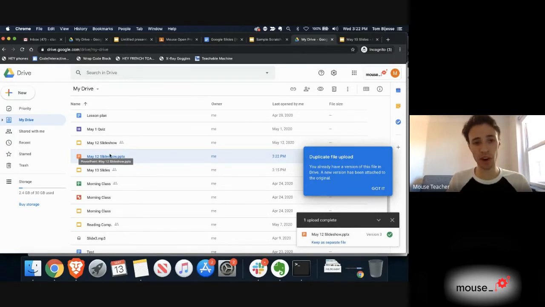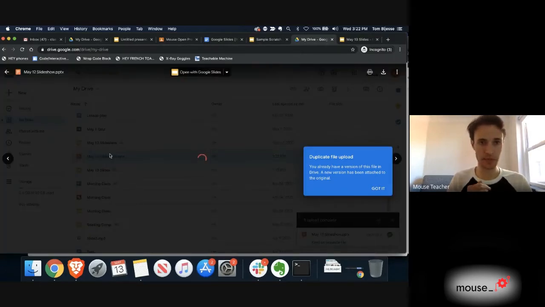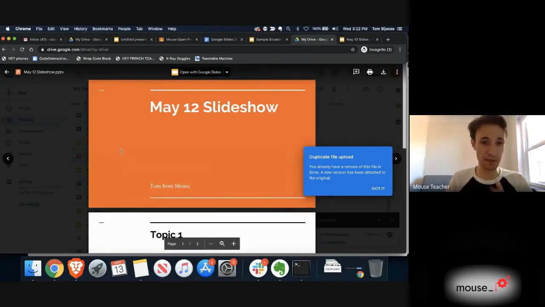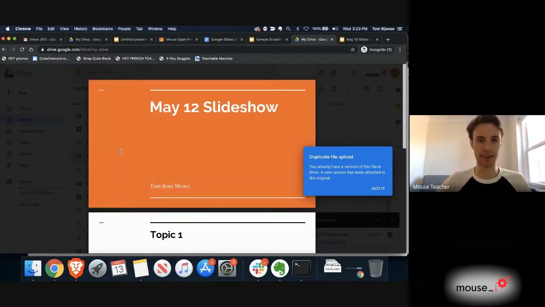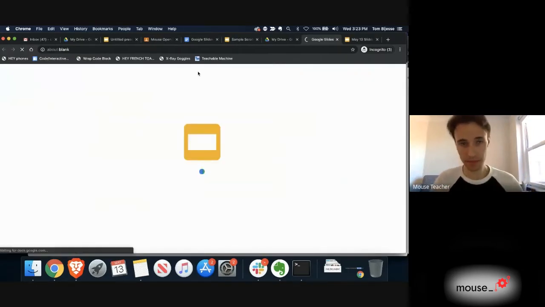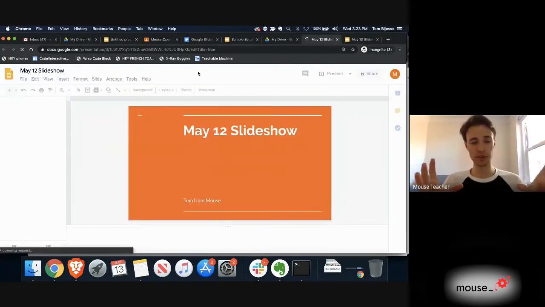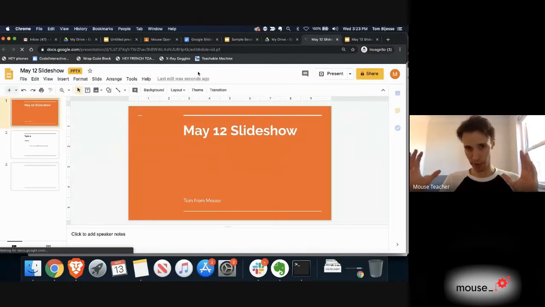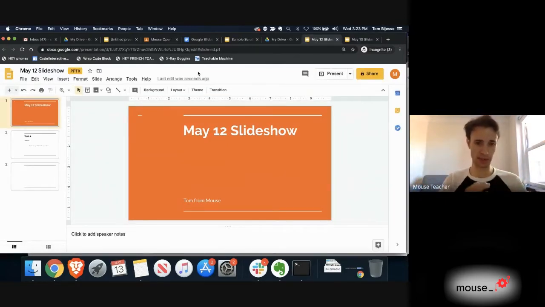And now it's in my Google Drive, and if I click on it, you can see I can view the slideshow here, which might be enough for you, but I can't cycle through it slide by slide. I can't edit it. That's not great. But what I can do is at the top here, it says open with Google Slides, and I'm going to click that. What's happening right now while it's loading is Google Slides is converting from PowerPoint into Google Slides. So now I've got this awesome presentation that I may have made years and years ago that now